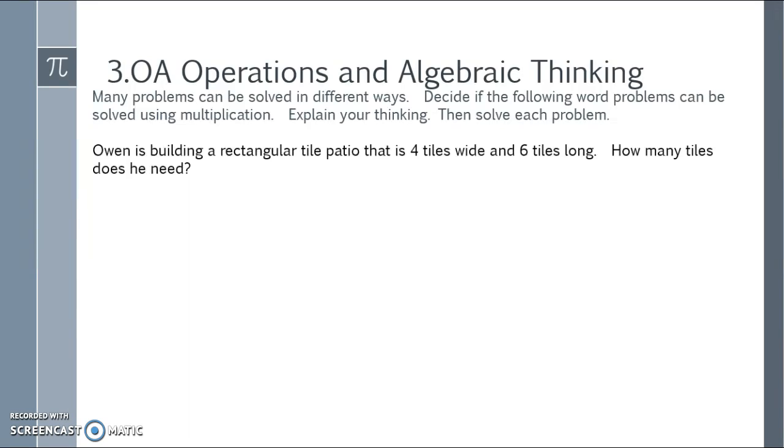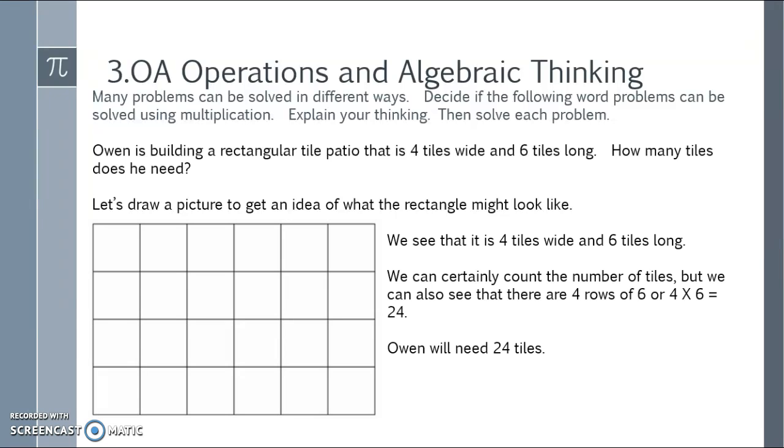Owen is building a rectangular tile patio that has 4 tiles wide and 6 tiles long. How many tiles does he need? Let's draw a picture to get an idea of what this might look like. We see that it is 4 tiles wide and 6 tiles long, just as the word problem described for us. We can certainly count the number of tiles, but we can also see that this makes